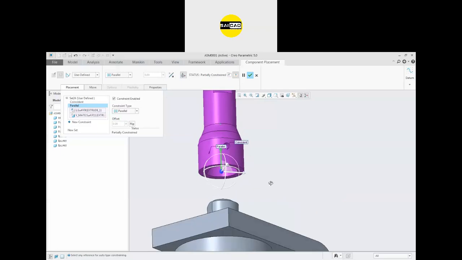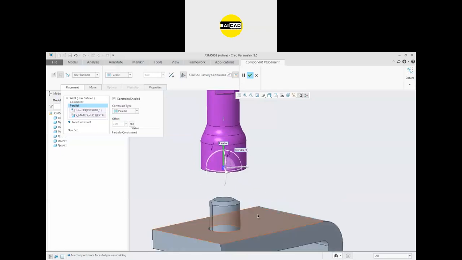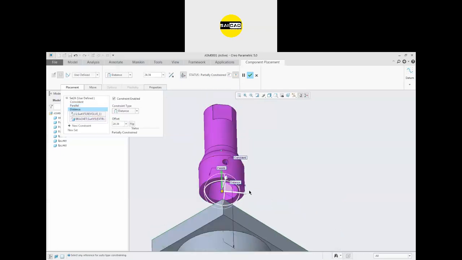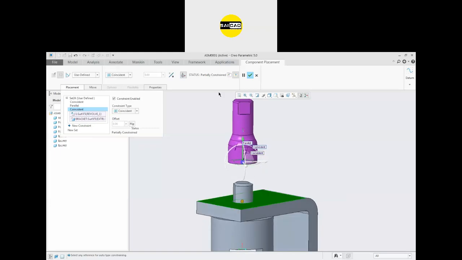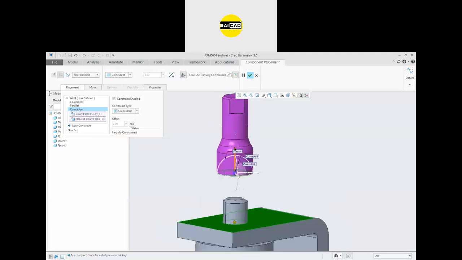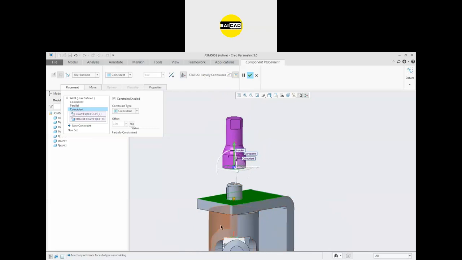So to stop the object at a certain point, you can select two faces. Okay, but now I have selected two faces. You can see if I select the coincident, you will have the partially constrained option here. Why is that so? Because our object is in the rotation and this object is fixed.